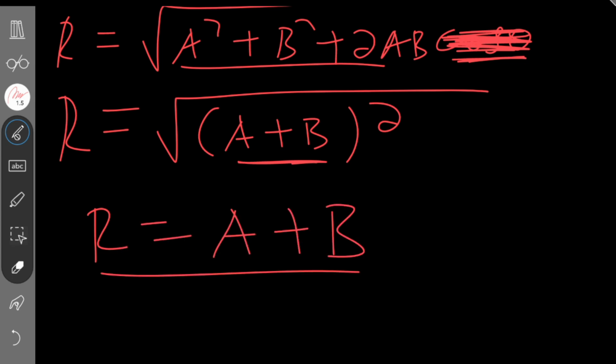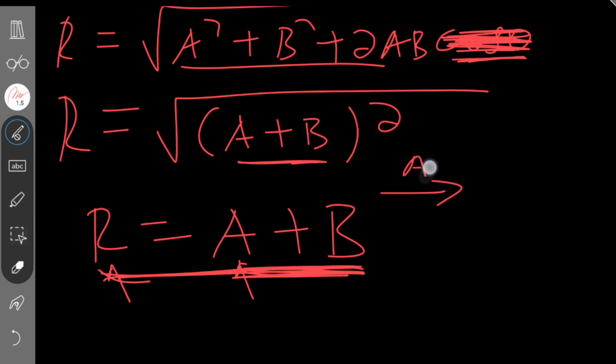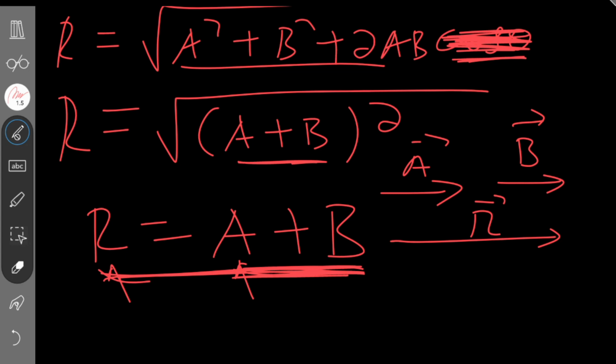When the two vectors are in the same direction the magnitude of the resultant is the sum of the magnitude of the two vectors ይሆናል ማለት ነው። ስለዚህ ሁለት ቬክተሮች በተመሳሳይ አቅጣጫ ካሉ ሪዛልታንታቸው የማግኒቱዳቸውን ድምር ነው የሚሆን ማለት ነው። በቀጥታ እቺ ቬክተር a እቺ ቬክተር b ከሆነች the resultant የሁለቱ ድምር ሆኖ r ይሆናል ማለት ነው።